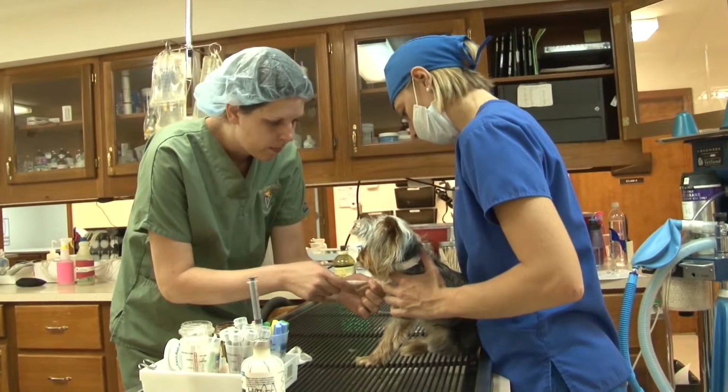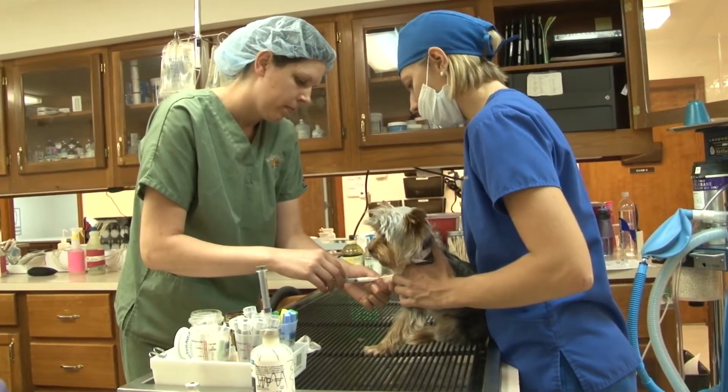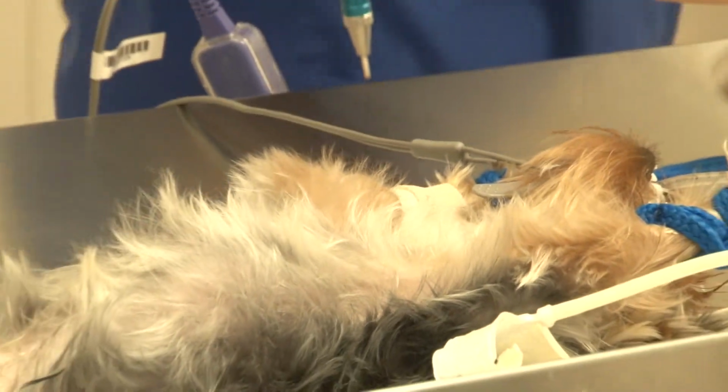You know, it involves anesthesia. It involves making sure you can do things safely and sterilely without infections developing. So you have to ramp up all of the other services you offer if you're offering advanced surgical techniques. And so we get into advanced monitoring, where we monitor both with hands-on, in other words, a technician or